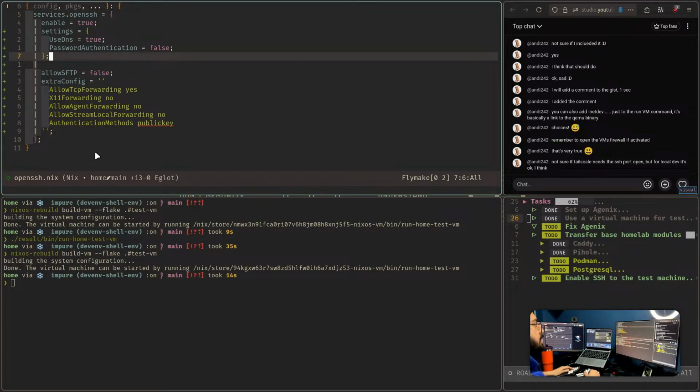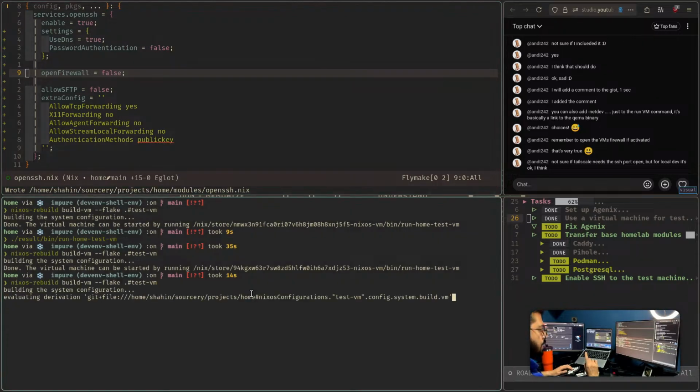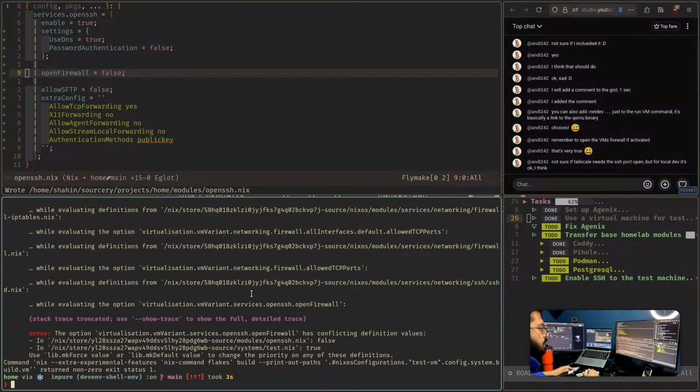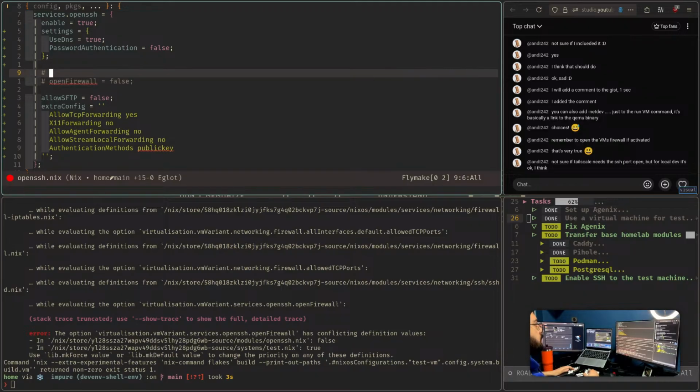That's why I added that part, so it basically disabled it. I'm not sure if overriding is allowed though. Yeah, this is not allowed. I need to make this an option, but for now,